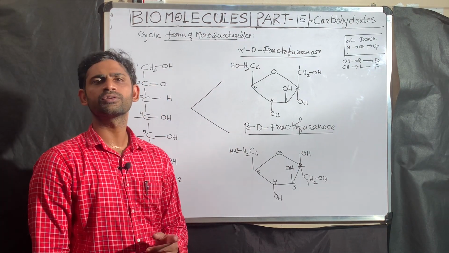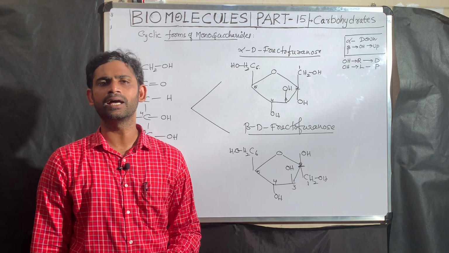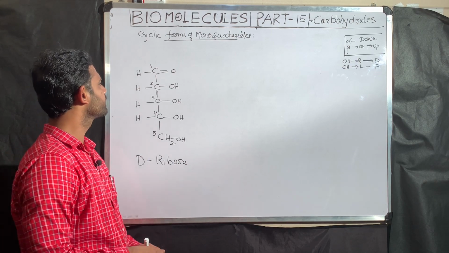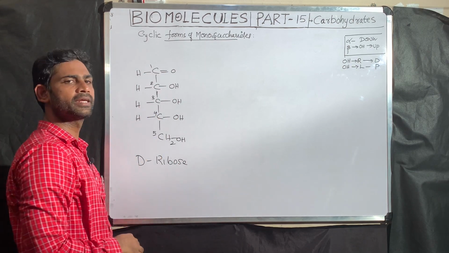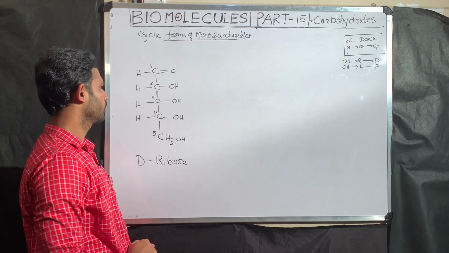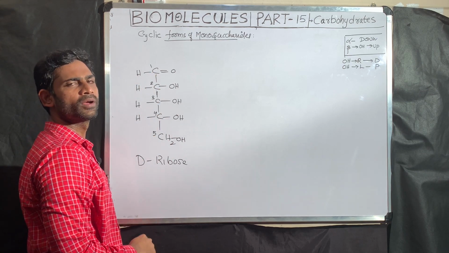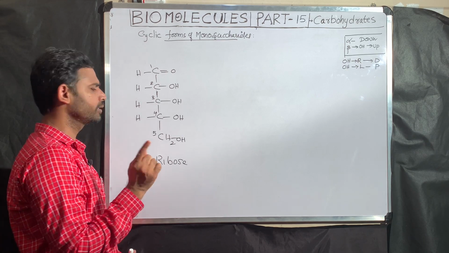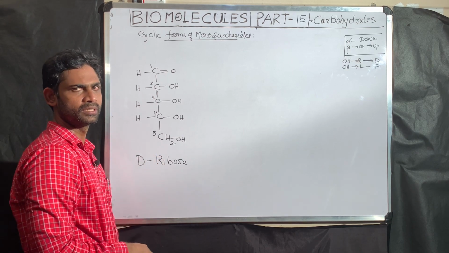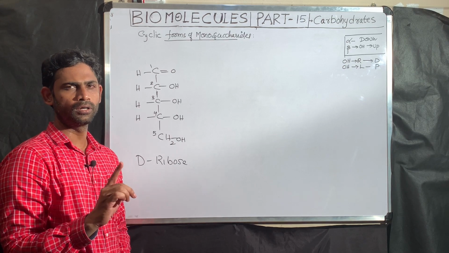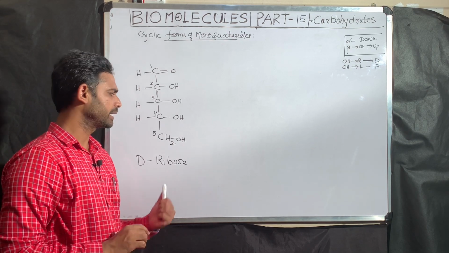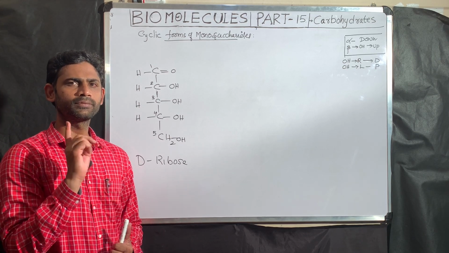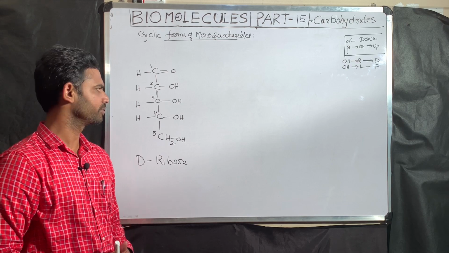So one more furanose structure I am going to explain by taking ribose. Now I represented one sugar. First you can understand this one. How many carbon atoms are there? 5 carbon means a pentose. What is the functional group? Aldehyde, located at the first carbon. So aldopentose. What is the example? That is ribose, D-ribose. That is why ribose is an example of aldopentose. Why am I telling ribose? You should understand, ribose is a very important component of nucleic acid. That is a nucleotide structure.